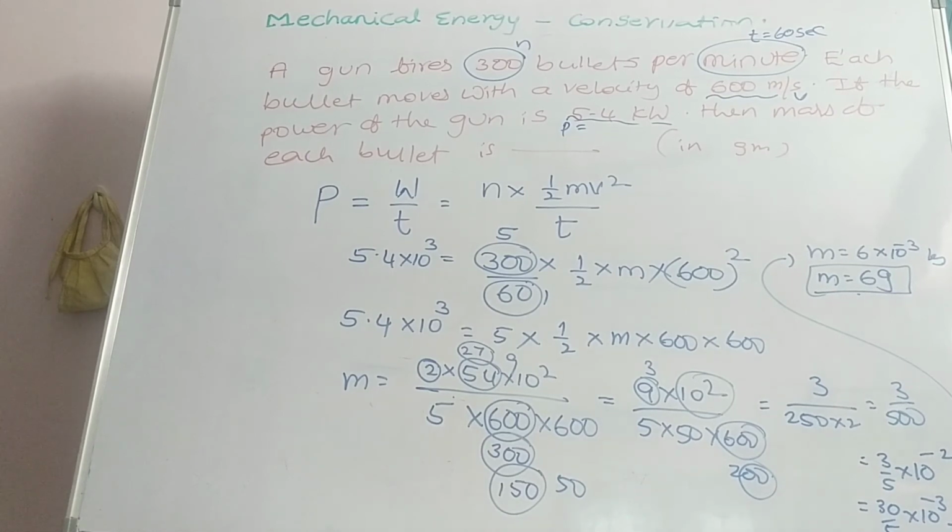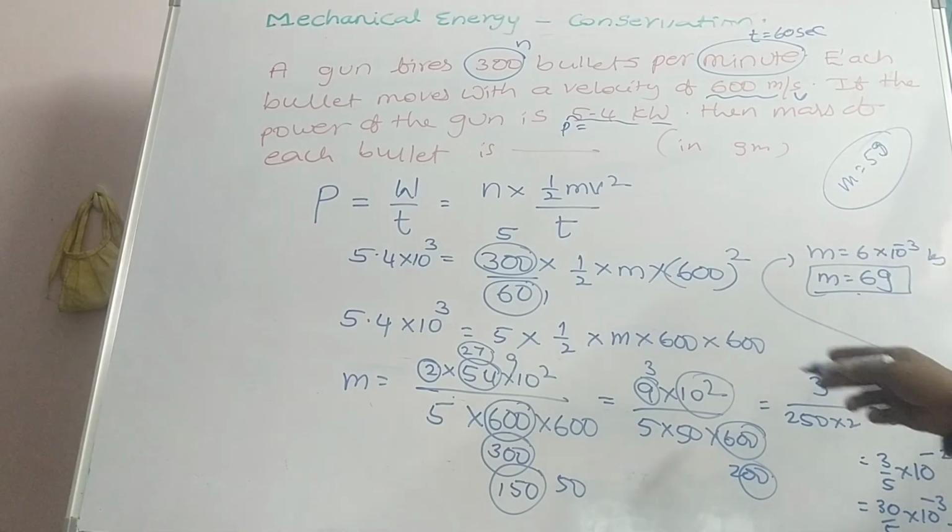Dear students, anyway, just verify the calculation once. I think we may get answer m is equal to 5 grams. There must be a small calculation error, so just go through that. Be careful and try to solve by your own. Answer will be 5 grams, so approximately we get here 6 grams.